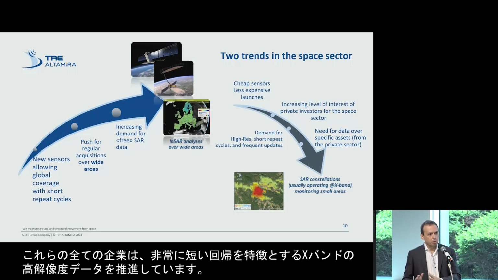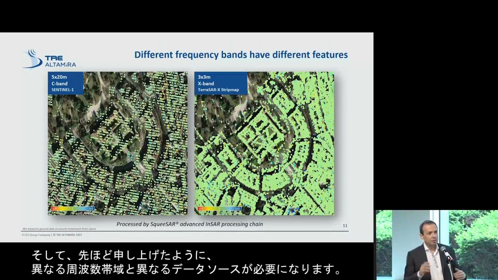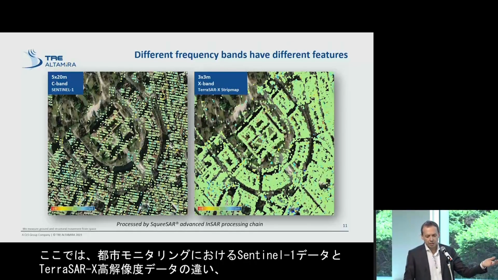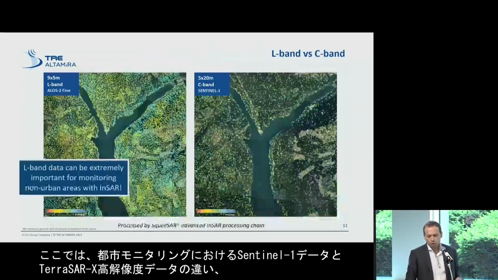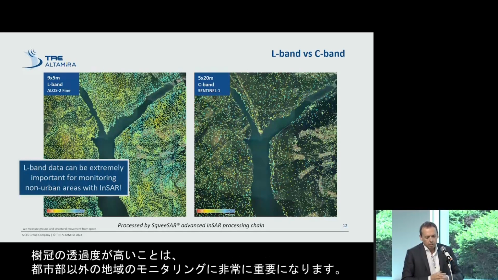All these companies are pushing X-band high-resolution data characterized by very short repeat cycles. And that's good because you see the complementarity between these two trends. And we need different frequency bands and different data sources because depending on the application, as I was saying, you can rely on different sensors. You see here the difference between Sentinel-1 data and TerraSAR-X high-resolution data for urban monitoring, or the difference between Sentinel-1 and ALOS-2 data, which can be extremely important for monitoring non-urban areas because you have a better penetration into the